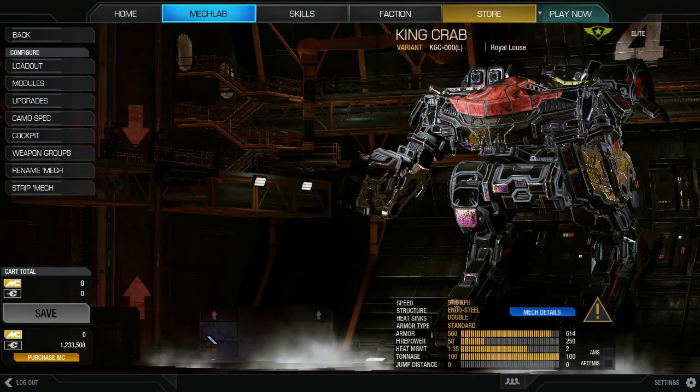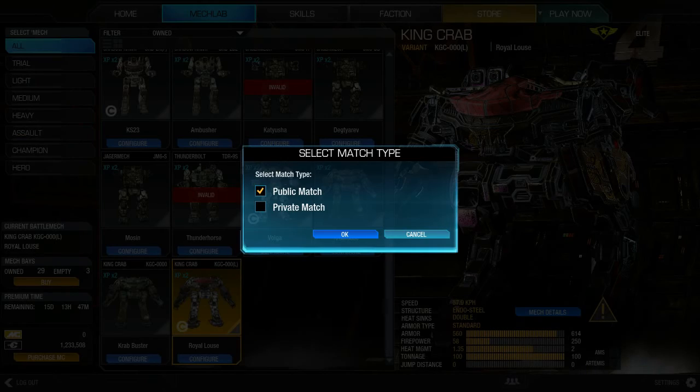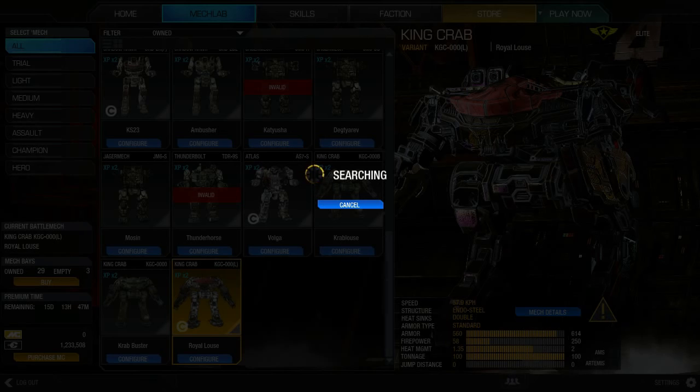But yeah. Anywho, as I was saying, the cost on modules, I think, is just way too high. Again, the amount of grinding you have to do. You know, for one module, you need 3 to 6 mil. So if you're averaging 100 to 200,000 C-bills per match, you're looking at 30 matches, which I think is just absolutely ridiculous, especially, again, considering how